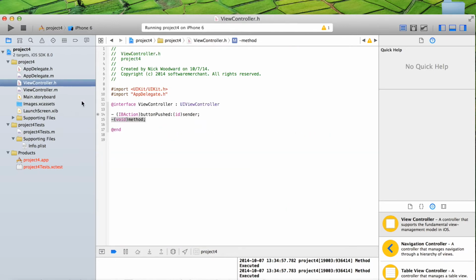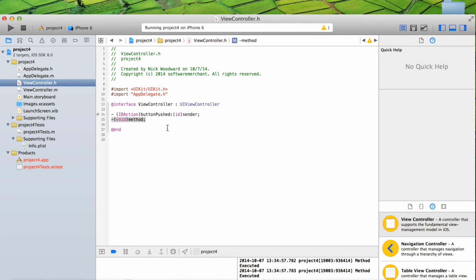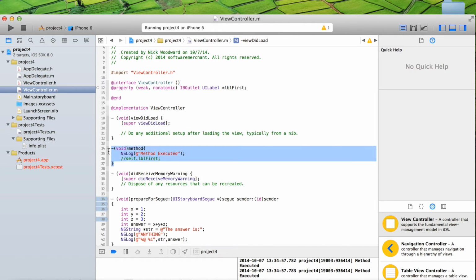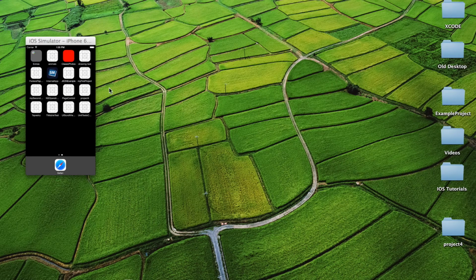So that about wraps things up. The key is: one, include it over here; two, have your method in the interface; and three, write your method code. Those are the three basic steps, and that's about all I wanted to cover. So this was the iOS tutorial on the